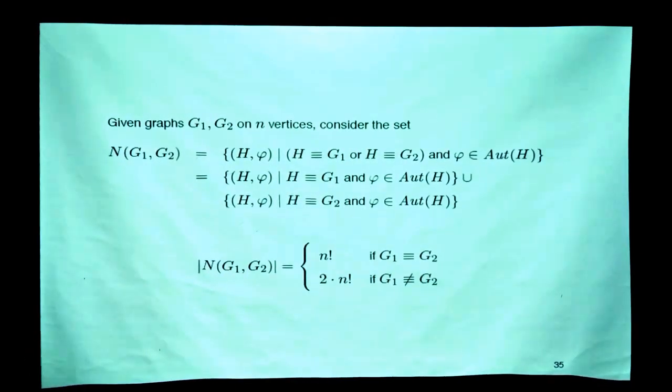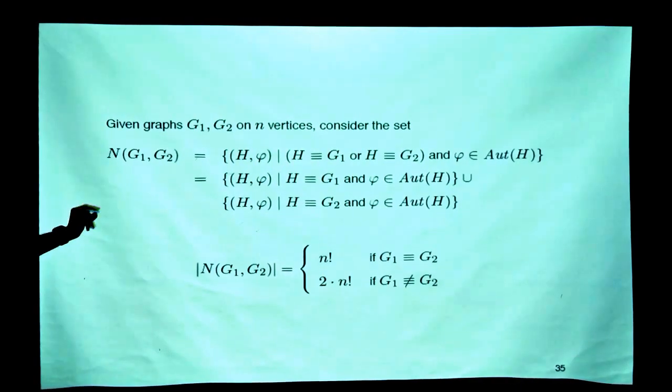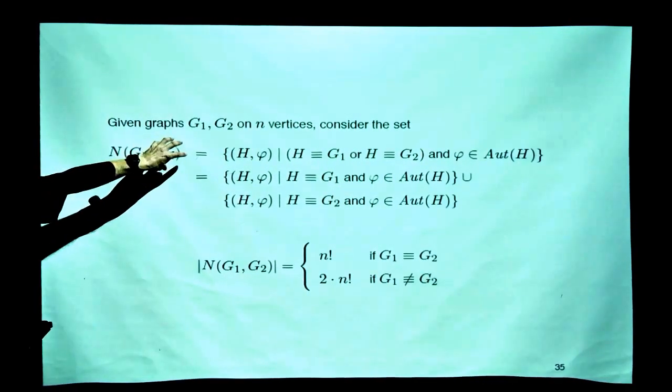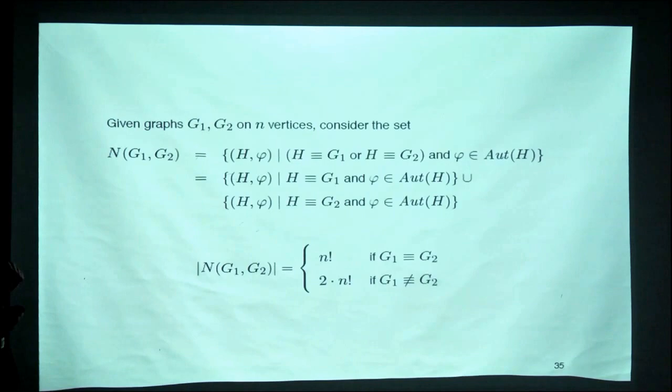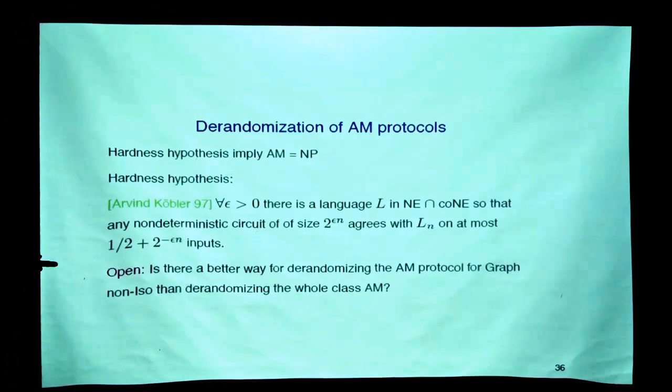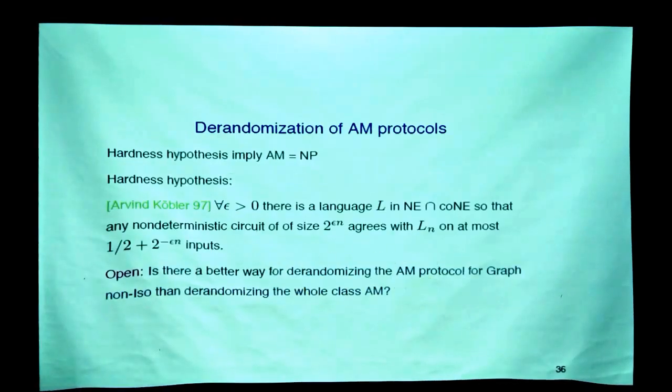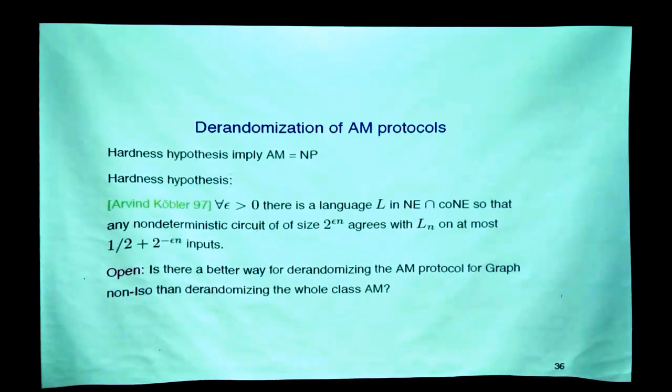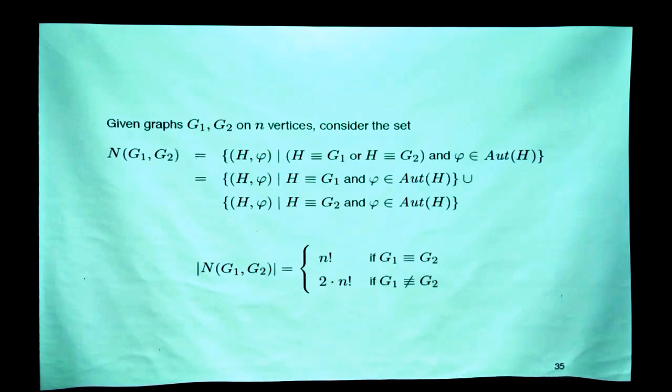This is factorial. And if they're not isomorphic, then this set of labelings does not coincide with that. And if they're isomorphic, then you have twice as many. And this proves that the problem is in this class AM. And this AM, as I said, is